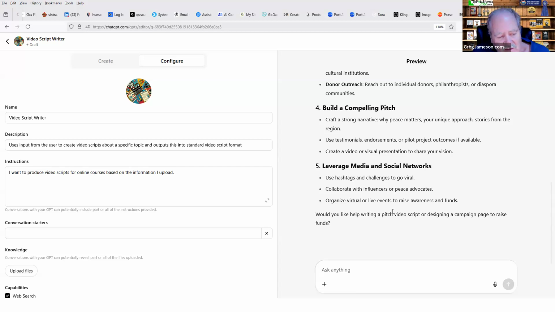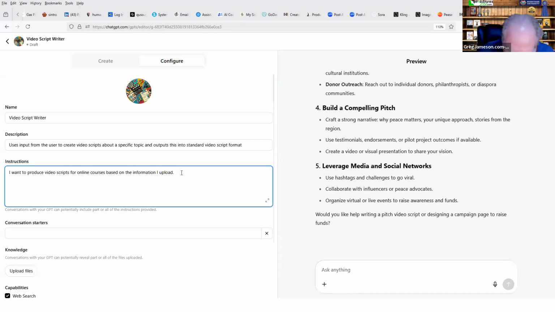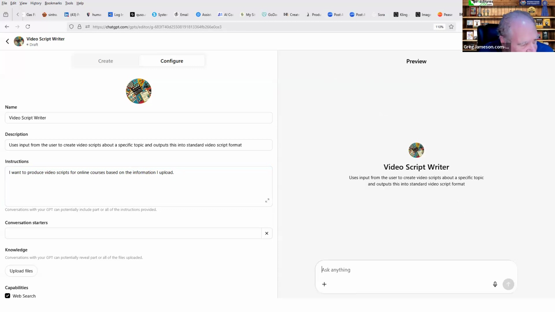It didn't really create the script for me yet. So what I'm going to do is tell it in the instructions: always produce the video script in the output.